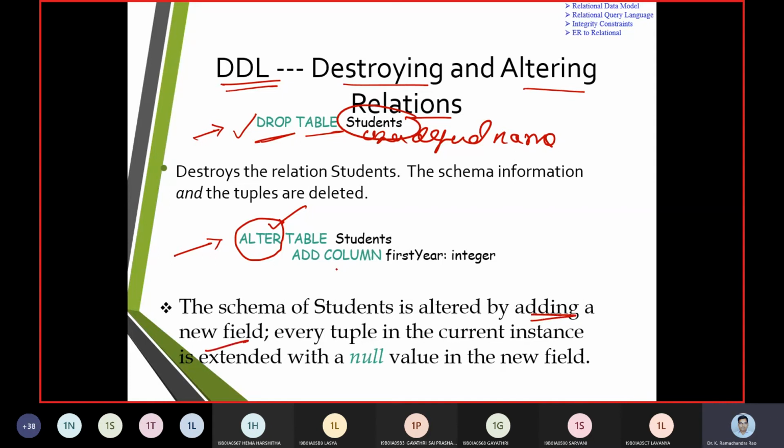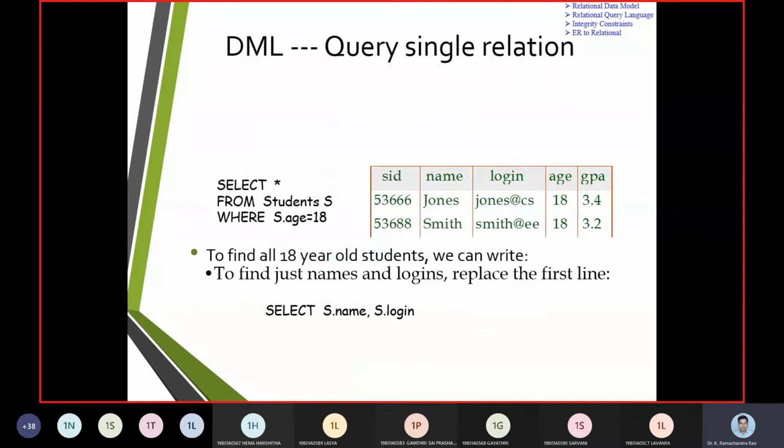How can I add? I am going to use add followed by the name of a column. The name of the column was first year and it belongs to a data type, which we are specifically calling here an integer. In this way we are going to build an altering of the table.